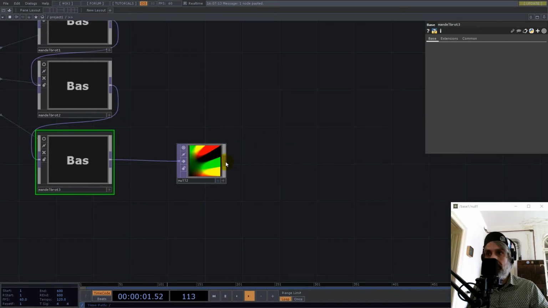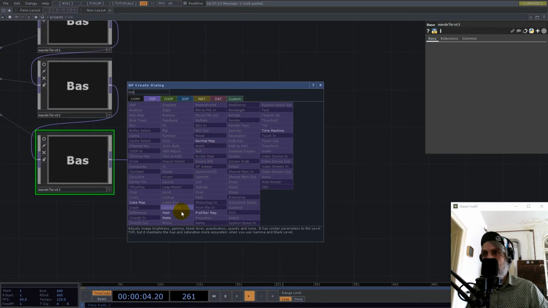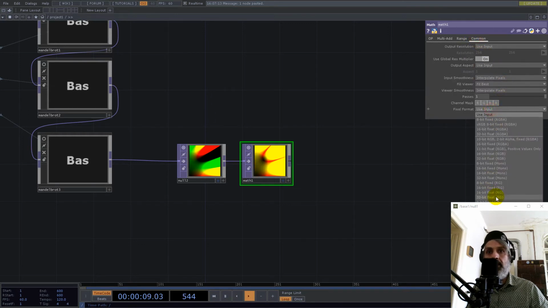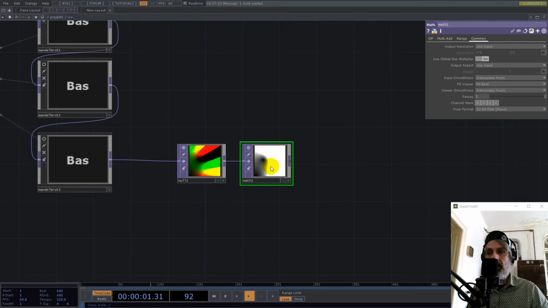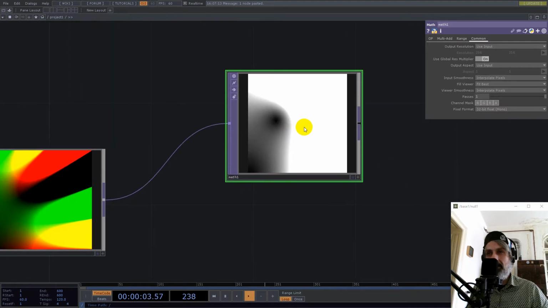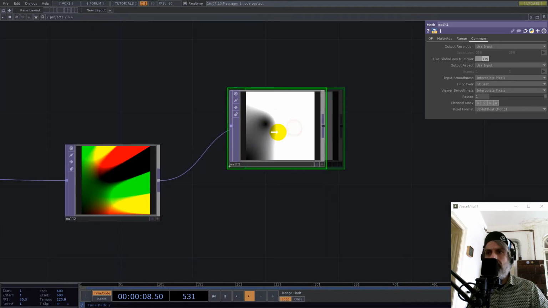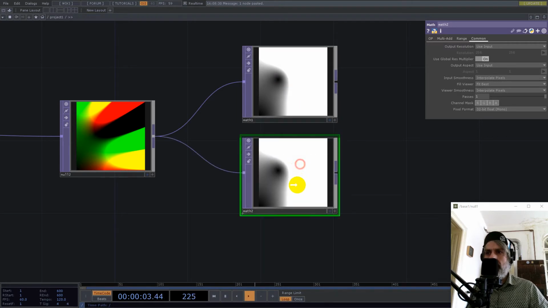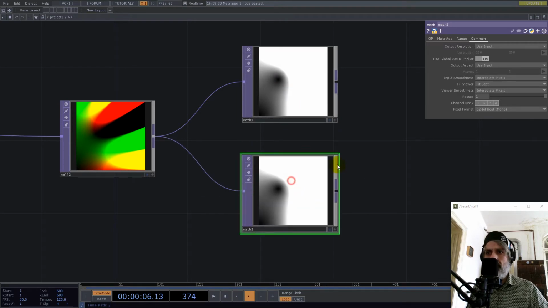And let's use a math here, and go for square, add a root, okay? And this has to be 32 mono. And yeah, it's not too fancy, right? And I'm thinking if I copy paste this, and what if I play a little bit with